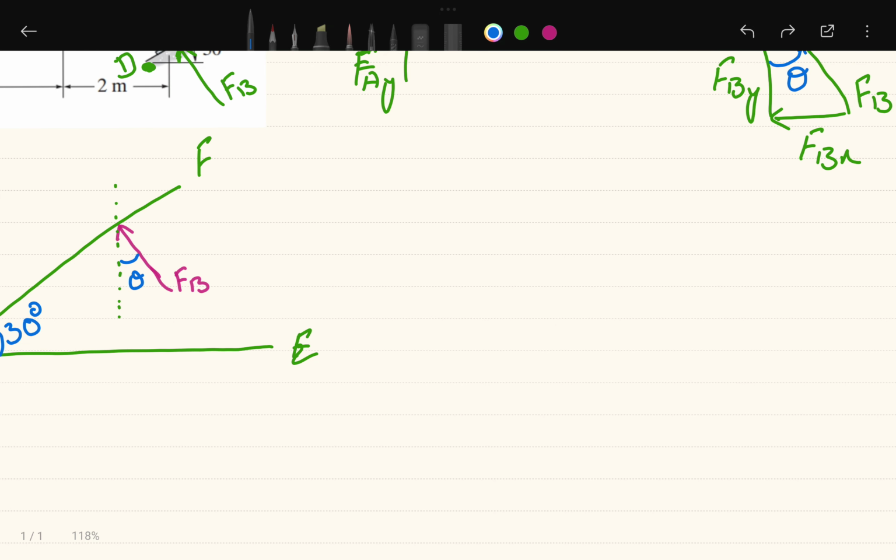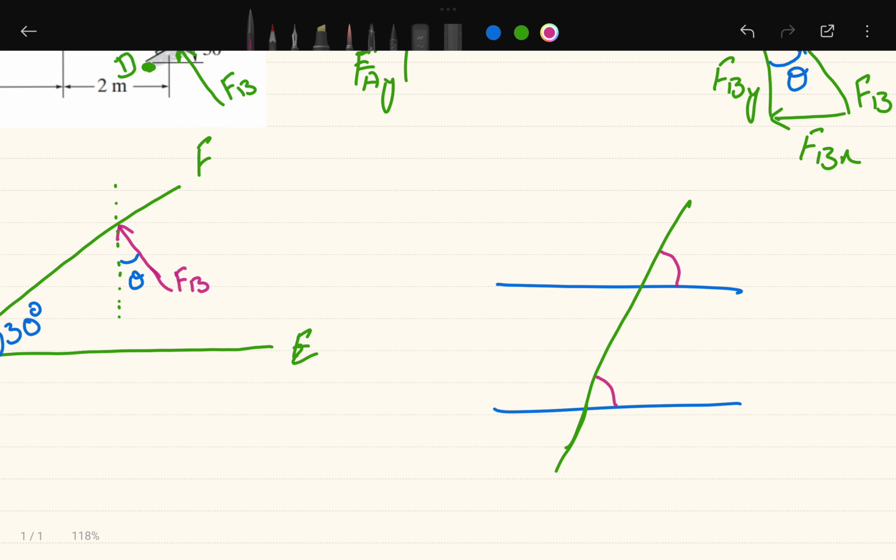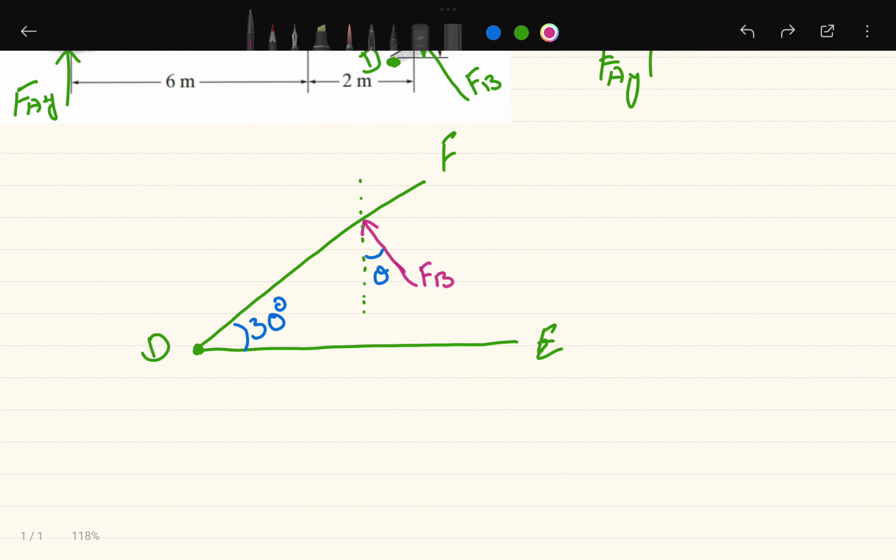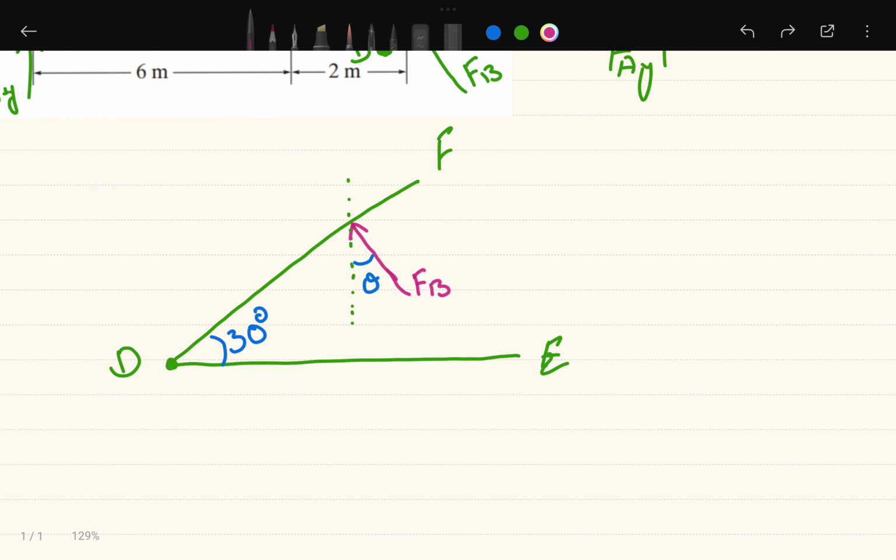The second concept is that whenever you have two horizontal lines and some third line intersecting them, your alternate angles will be equal. Alternate angles are like this angle and this angle, and they will be equal. Similarly, the other alternate angles are these ones, so they will also be equal. If you don't know what corresponding and alternate angles are, try to check some tutorials where you can understand